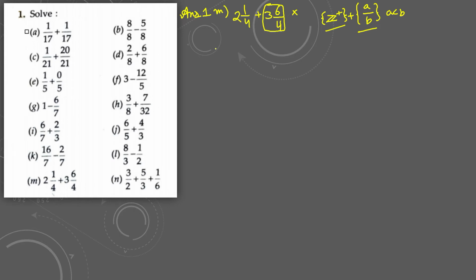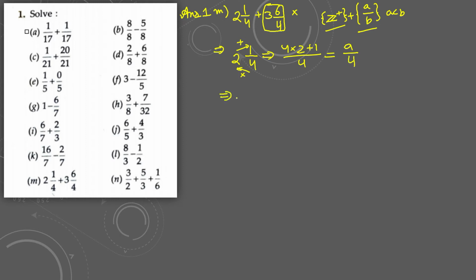But don't worry, you can just treat it as a confuser or something like this. We are going to do the same method. First of all, we are going to convert this mixed fraction into an improper fraction. We multiply the denominator by the whole number, and then add the numerator, which equals 4 into 2 plus 1 whole upon 4, which gives us 9 upon 4, like this.